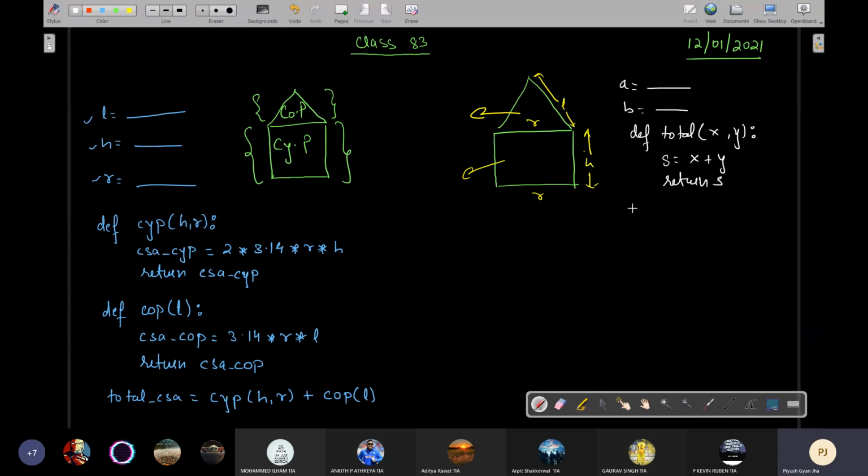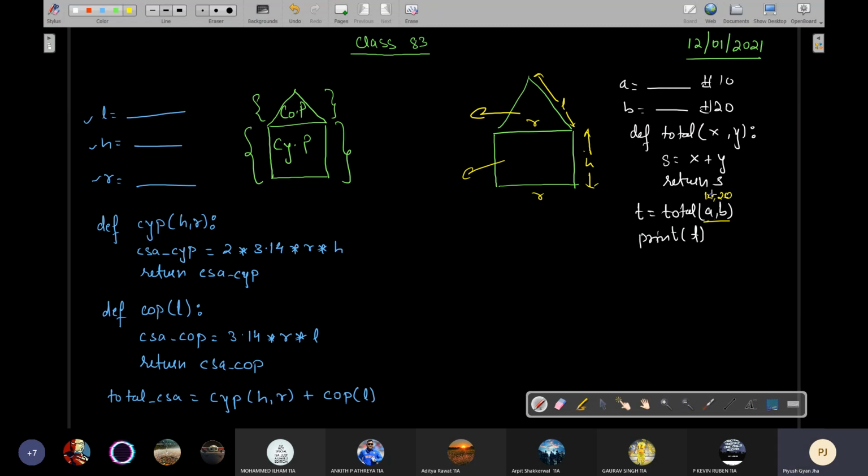s. So now you can call like this. Let's say total is equals to t is equals to a comma b, and then print t. Right? So here what will happen is this a and b value, suppose user gives here 10 and user gives here 20. So this a and b will be replaced by 10 comma 20 during the function call.